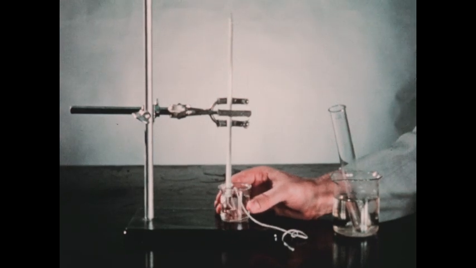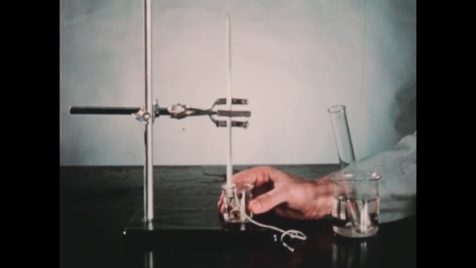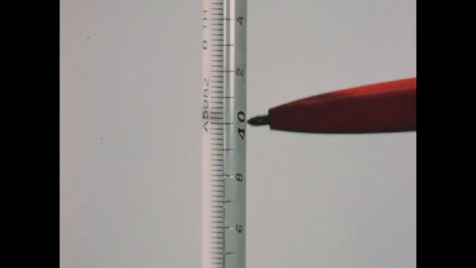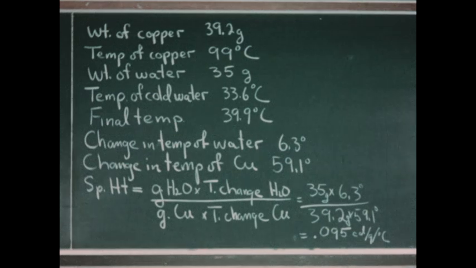The temperature of the water in the beaker is rising, and we will read the highest temperature reached by the mixture of copper and water. The final temperature reached by the mixture is 39.9 degrees centigrade. We can now proceed to calculate the specific heat of the copper from the data which we've